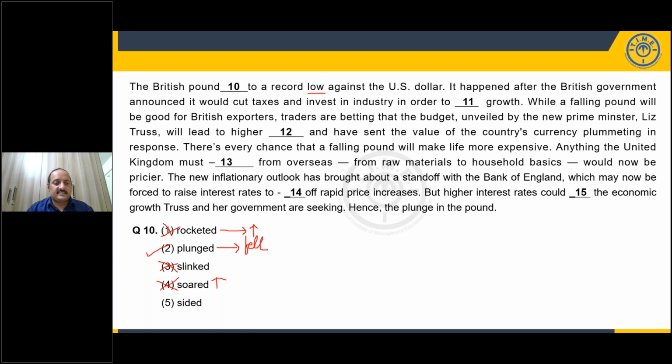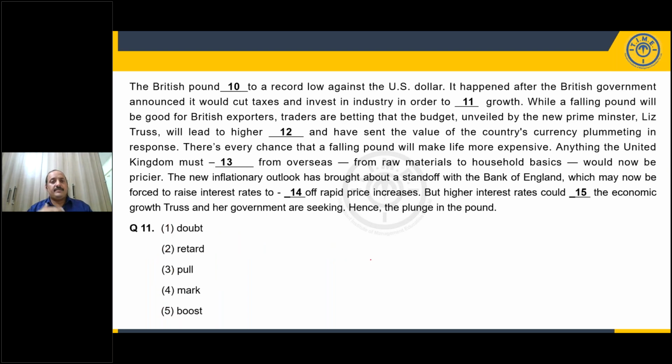And sided is take the side or support it. That's irrelevant out here. So for the 10th one, my answer has to be option number 2. The British pound plunged or fell to a record low against the US dollar. All right. So it happened after the British government announced it would cut taxes and invest in industry in order